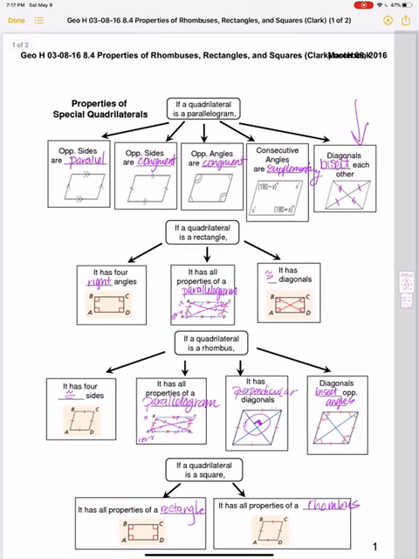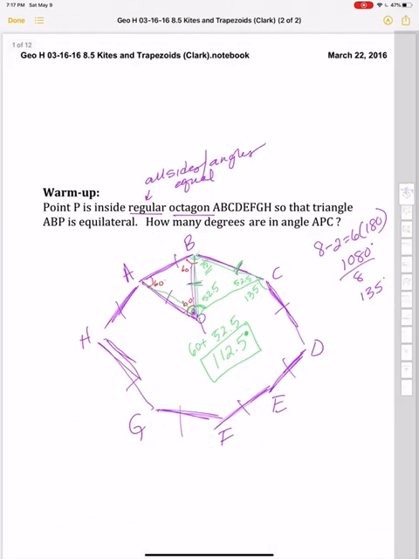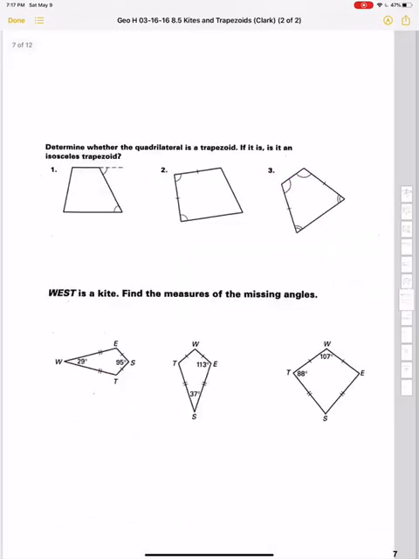This first question says, determine whether the quadrilateral is a trapezoid. If it is, is it an isosceles trapezoid? So we talked about trapezoids and we said a few things about a trapezoid. We said what makes something a trapezoid is there is